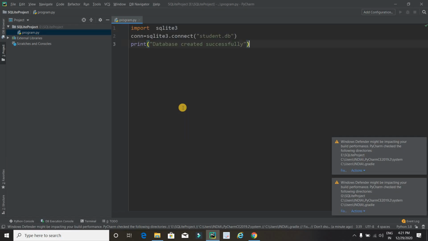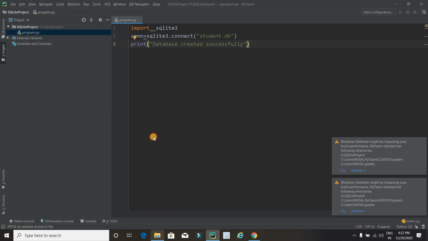Actually in this video I'm just going to show you the live practical of how you can use SQLite with Python. So I am just making this video for you. Okay, the first line is import sqlite3. This is a module and there is no need to install any other library to use it because it is inbuilt into Python. Okay, the second line is to create a name for the database. So here student is the name of the database, and don't forget to add .db because db is the extension for a database file. And at last I have printed a message like database created successfully.